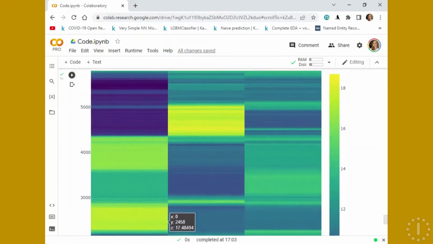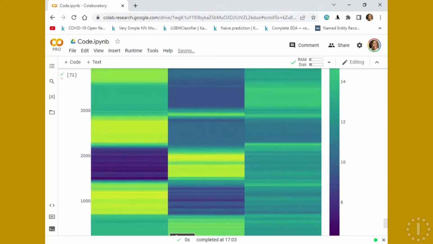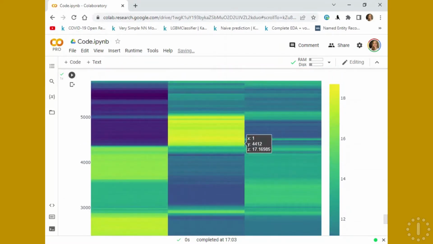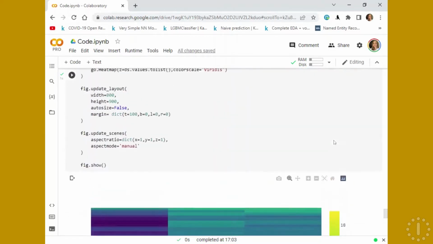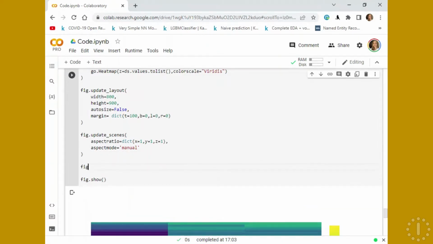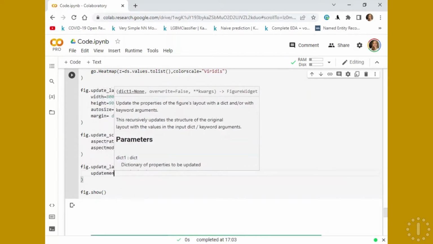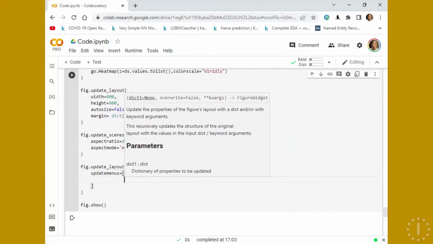As you can see, we now have the heat map collected in Z, X, and Y here with a given color scale. What we want to add is, at the top, some buttons. So because of that, I'm going to go again with figure update layout and add here updatemenus and get one dictionary